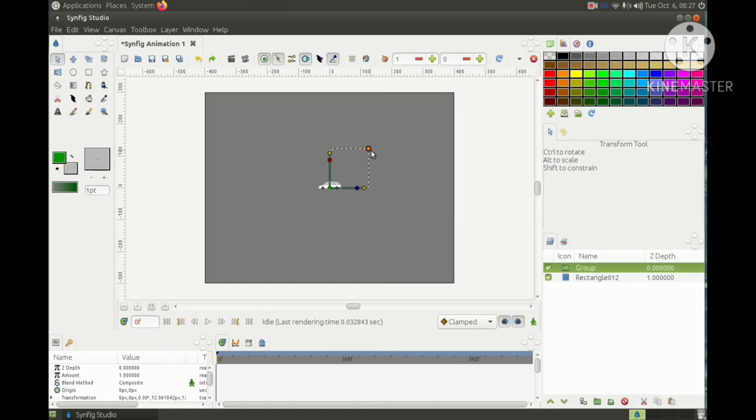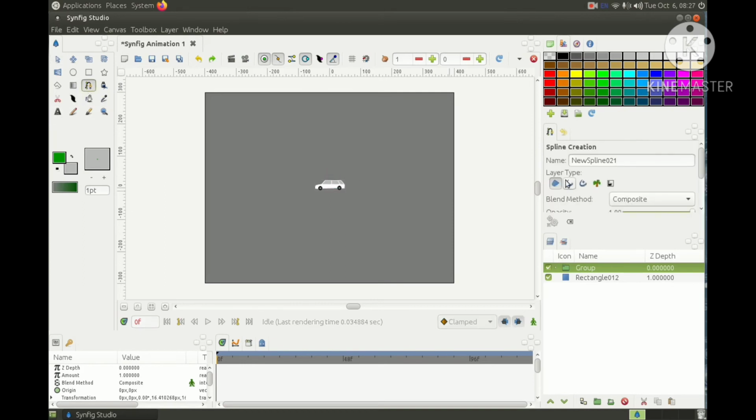Now we will create a path. So select the SP-line tool, select the outline layer, select the color of the road. I'm selecting this and increasing the width, and creating a path.